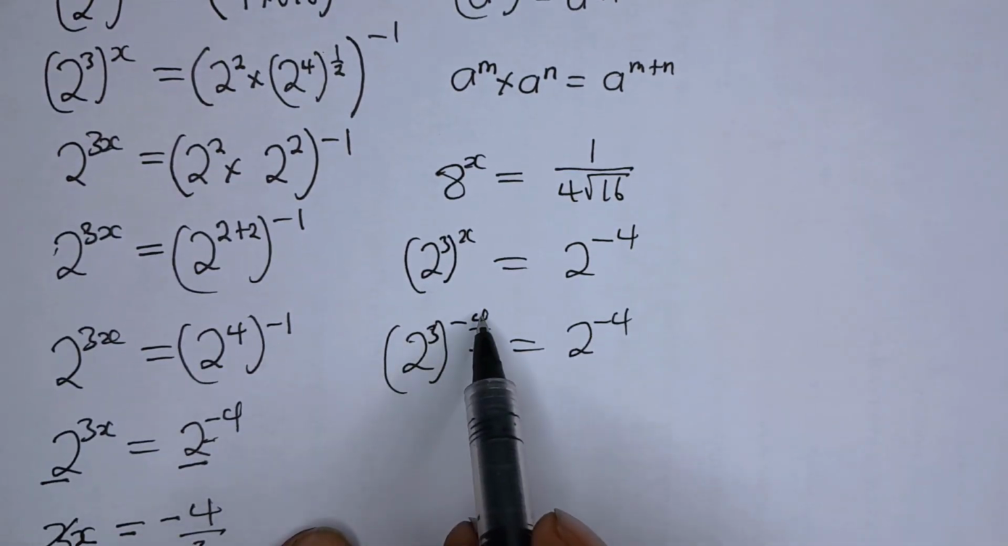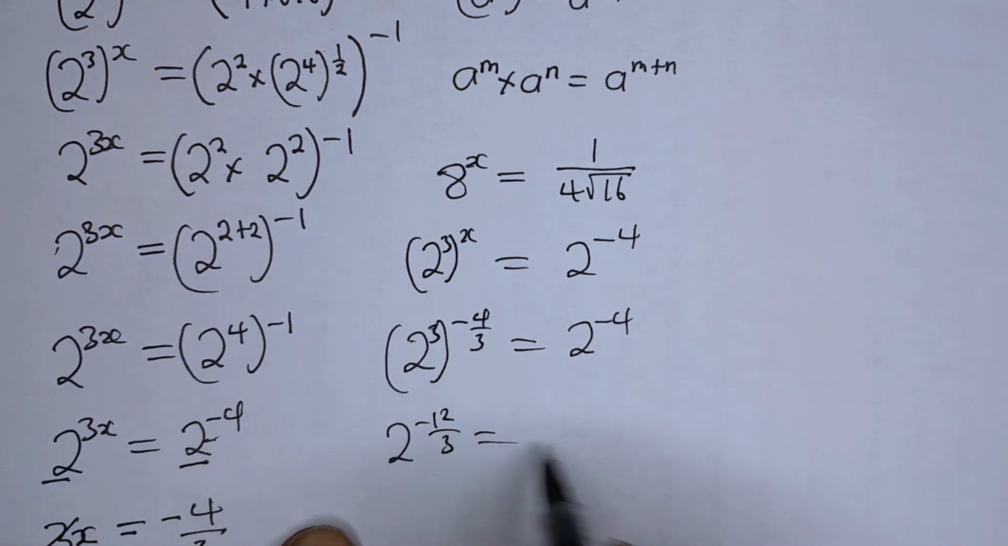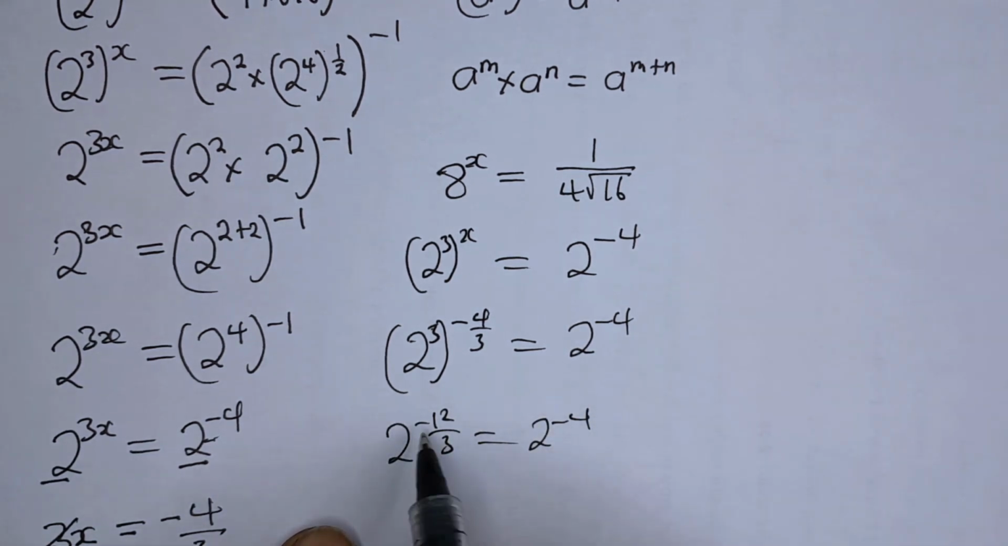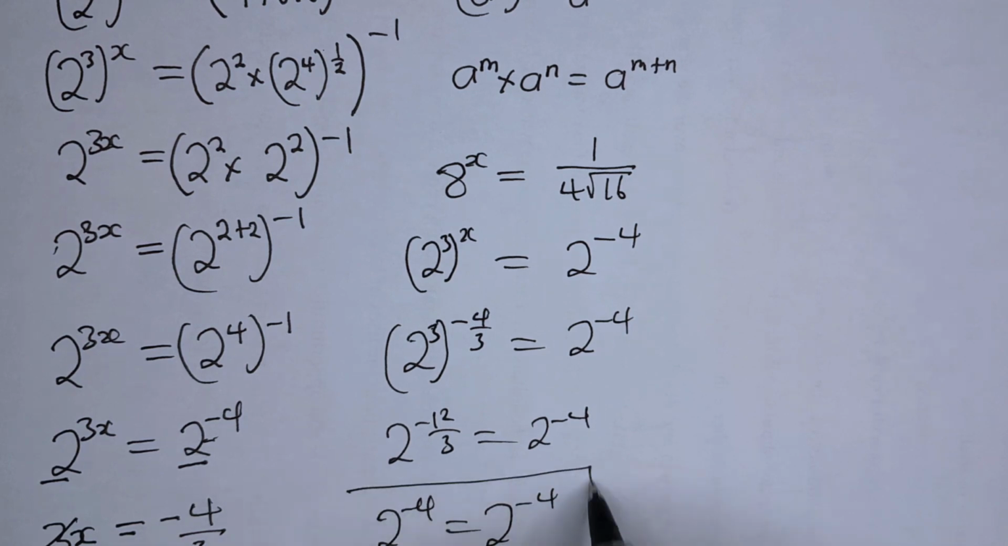negative 4. 3 times minus 4, we have minus 12. Minus 12 divided by 3, we have 2 to the power of negative 4, which is equal to 2 to the power of negative 4. This is the final